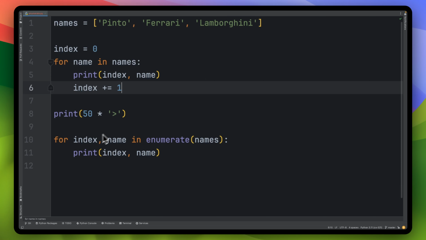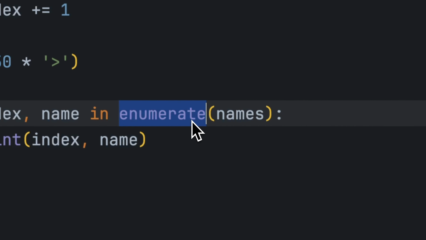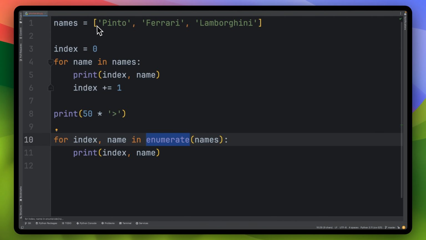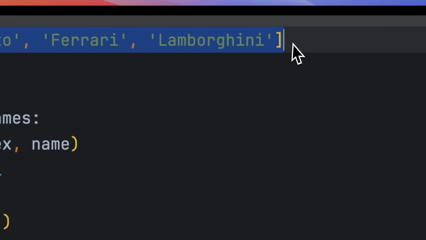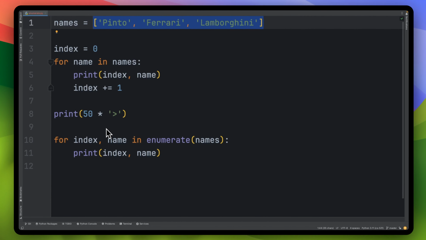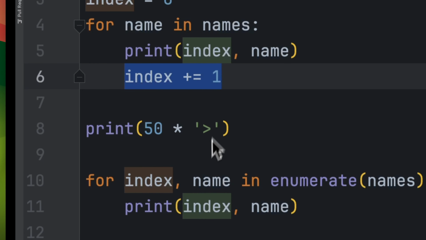But now what we're going to do is use enumerate. What is enumerate? Enumerate is a way for us to iterate through this list and get the same thing done. And what it's going to allow us to do is keep an index and increment the index without us having